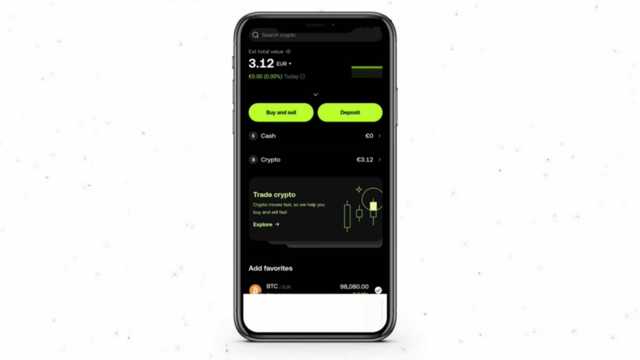Hello everyone, today I'm going to show you an easy process on how to withdraw your funds from your OKX wallet to your bank account. It's going to be a very easy process, so make sure to watch until the end, not to miss any